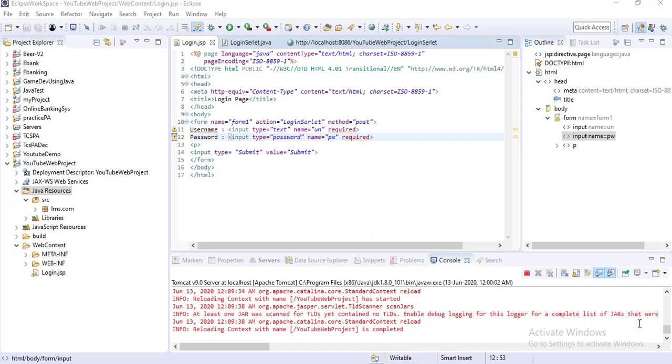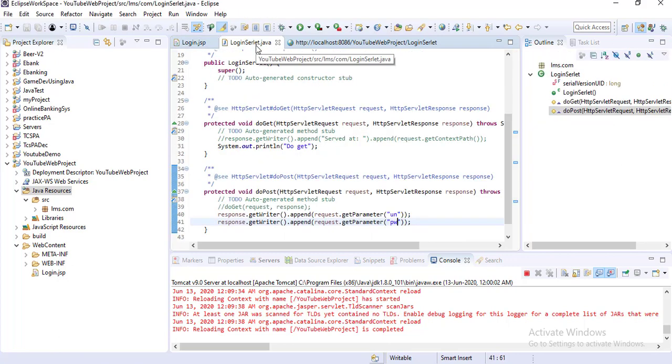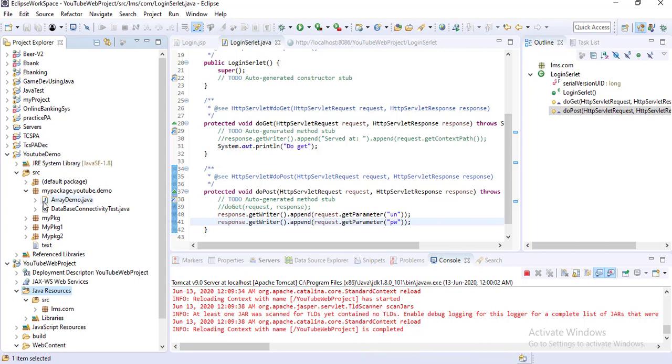Here you can see the servlet page I already created. Now I am showing you how to use the database. In one of my last topics in the core Java part, I have explained database connectivity with Java.